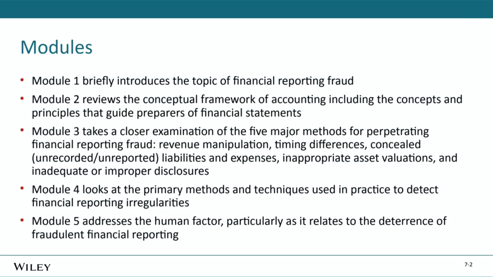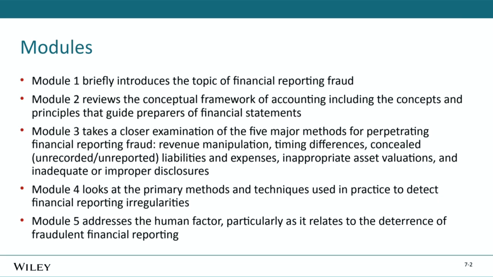Module 3, then, we'll take a closer look at the 5 major methods for perpetrating financial reporting fraud: revenue manipulation, timing differences, concealed, that is to say, unrecorded or unreported liabilities and expenses, inappropriate asset valuations, and number 5, inadequate or improper disclosures. And again, disclosures, basically we're talking about the notes in the back of the financial statements, which are